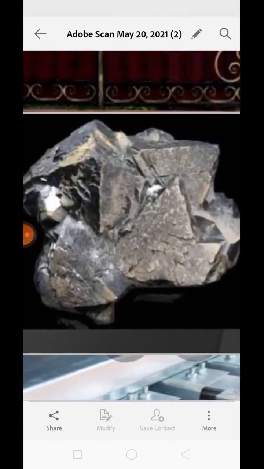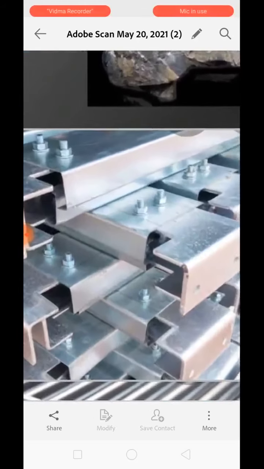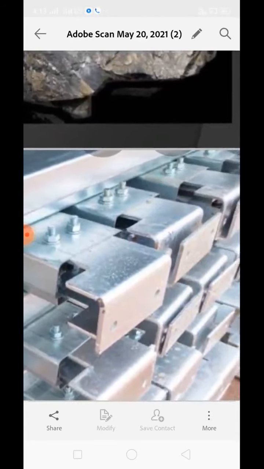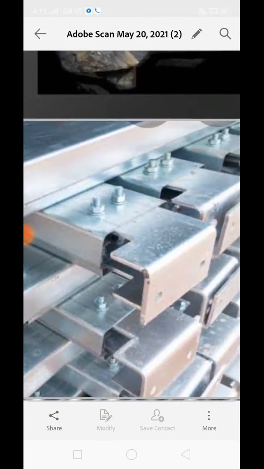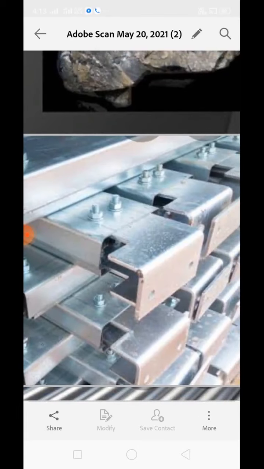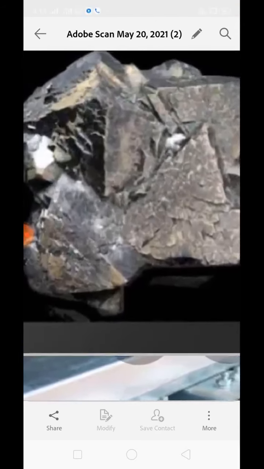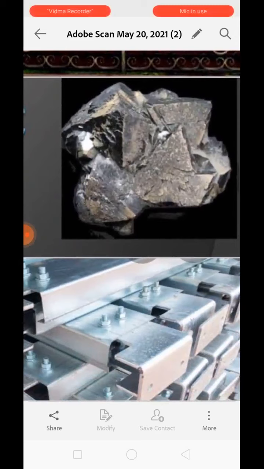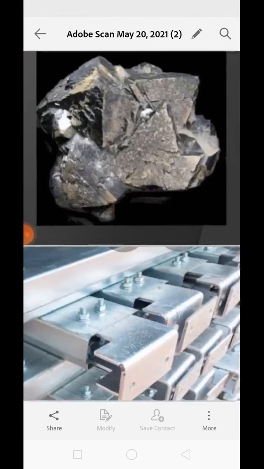Now see over here, this is what zinc looks like. When we put a layer of zinc on an iron object, this is the result. These are all galvanized iron objects. Inside it is iron, so it is strong like iron. And on top of the iron we have a layer of zinc. What will happen then? Air will not come in contact with the inside iron. In this way our iron is protected and the structures are very strong.